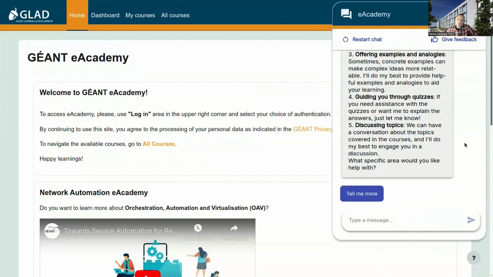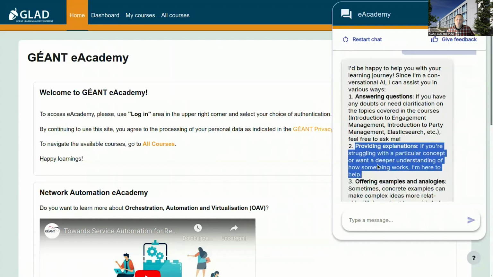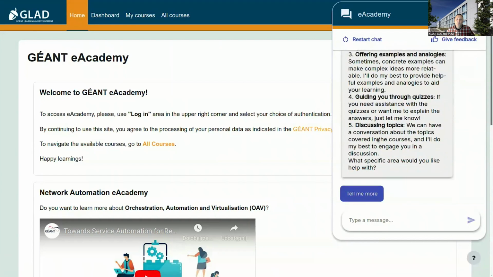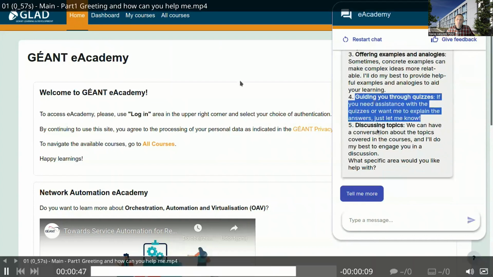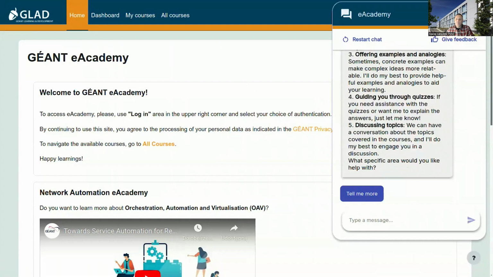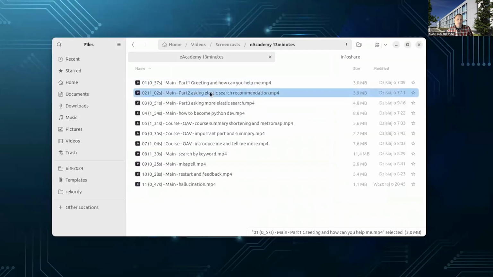So the bot offers many different ways of providing help to the end user, starting from answering questions, providing explanations. Okay. On the second movie, we can see the